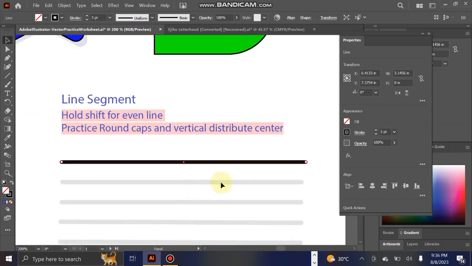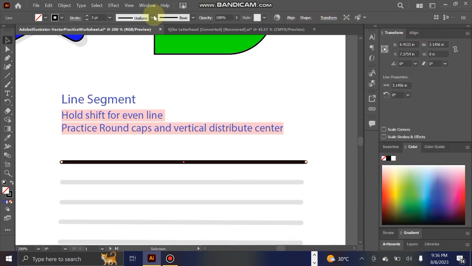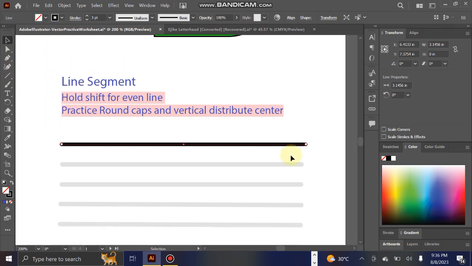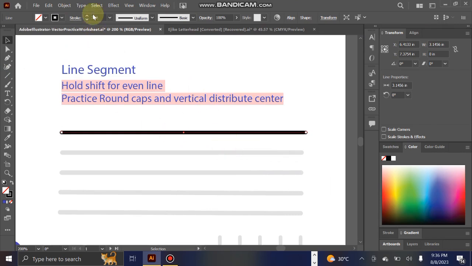Okay, so if you don't want to bring out your property panel, you can still go here and do it. Still the same thing, you see. You can still go here and do it. Now, to get these other ones, let's increase the stroke width